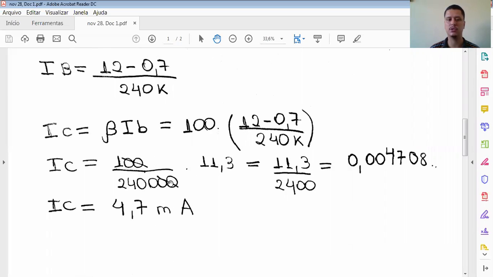We can cut these two zeros with these two zeros, and 12 minus 0.7 equals 11.3. So IC is going to be 11.3 divided by 2,400, which if you do it in a calculator, or you can do it manually also, it's going to be something like